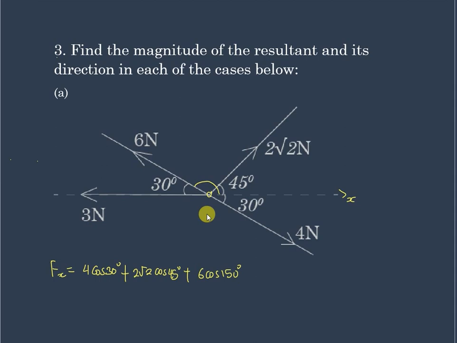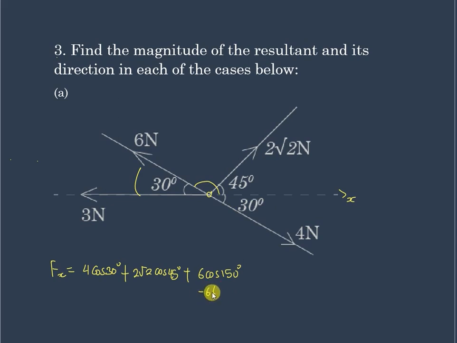If you want to get the components, look at the definition of a component: the product of the magnitude of the force and the cosine of the angle between the force and the desired direction. So if you are talking about along the x-axis, always think of the positive x direction. Forget about this side, but the positive x. So this one is 6, the force, times the cosine of the angle between the force and the positive x-axis. Of course, this one will be giving us a negative